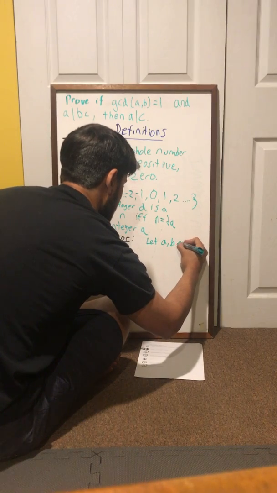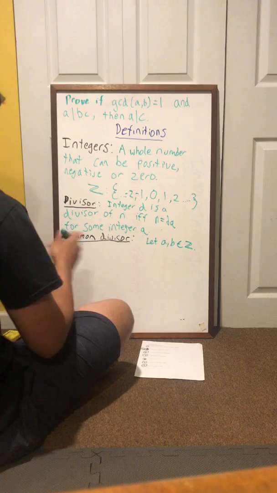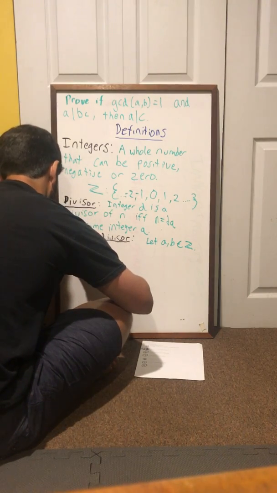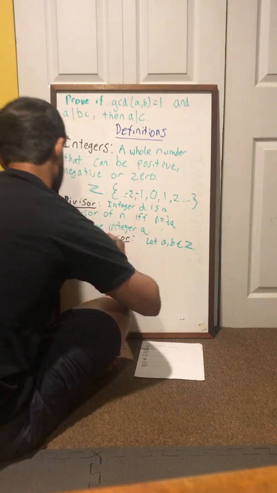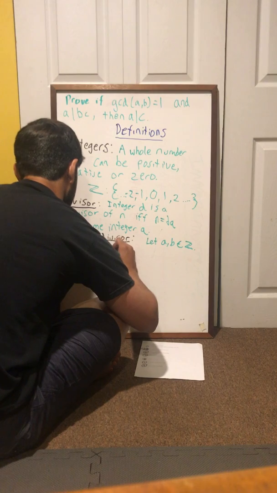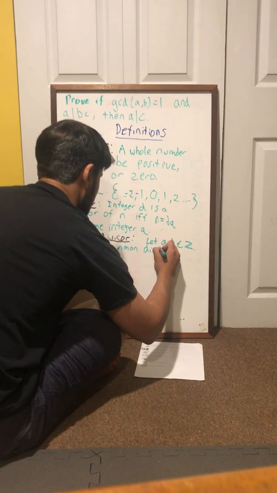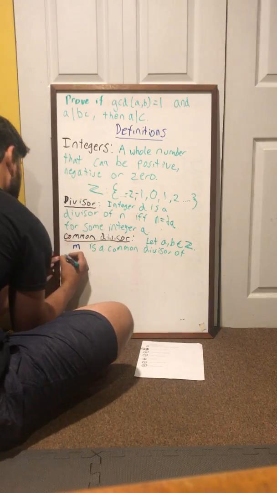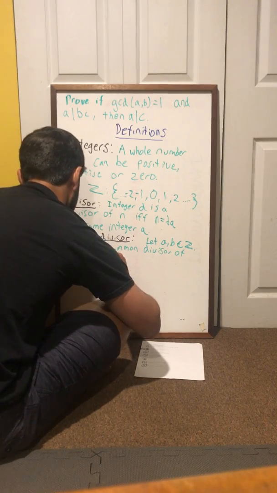So we're going to say they exist in Z. So A and B are integers. We're going to say M is a common divisor of A and B